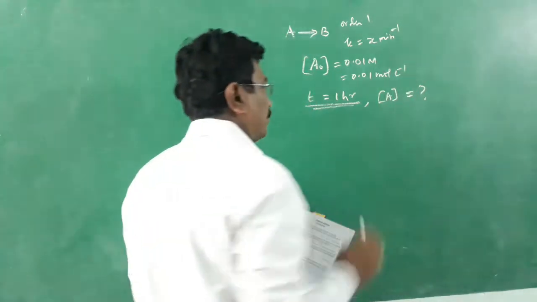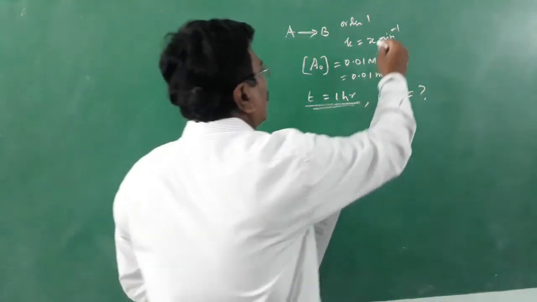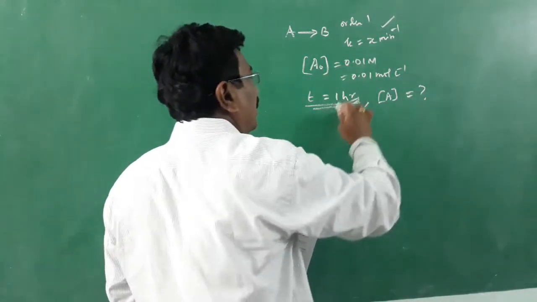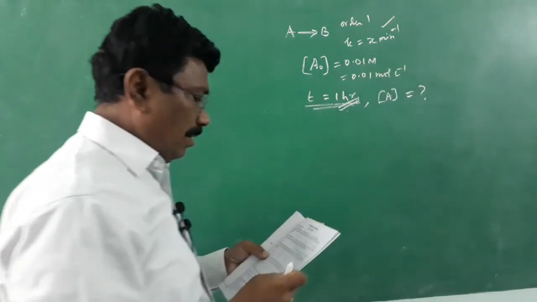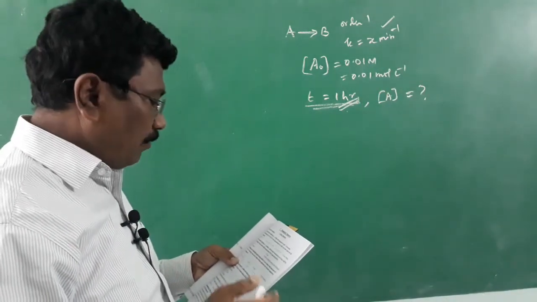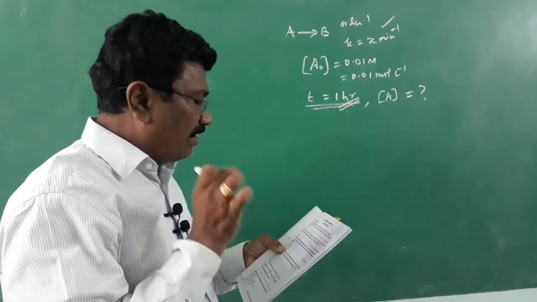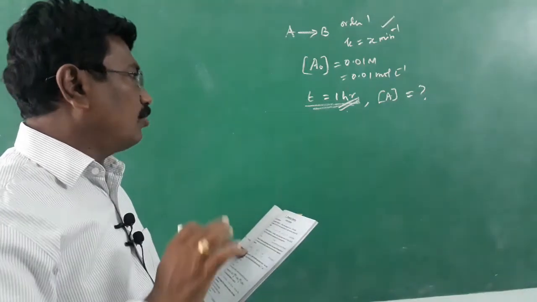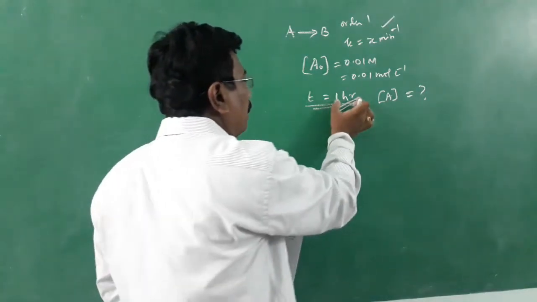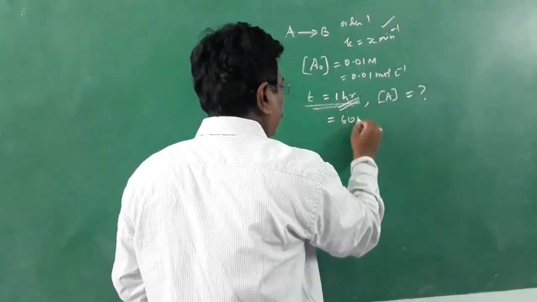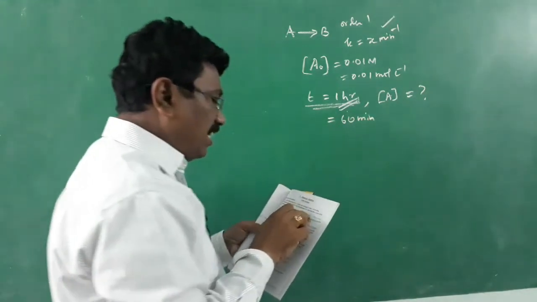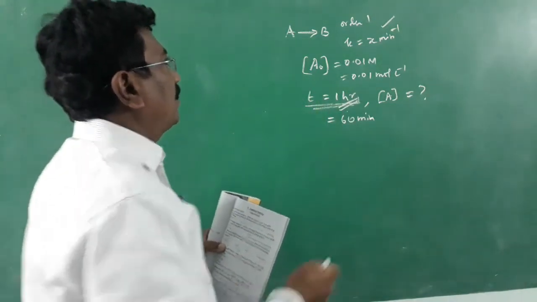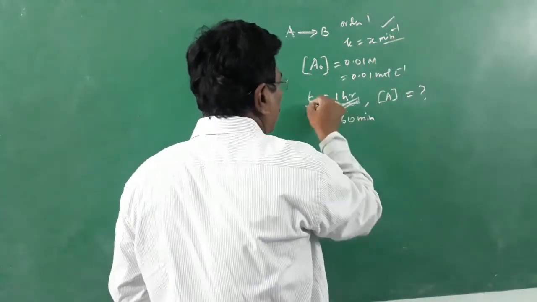That's what is asked. Here, rate constant is given in minute inverse, but time is given in hour. Therefore, both should be in the same unit. In the answers, everything is given in the form of e power something, sometimes e power minus 60 also. Therefore, probably time has been converted into minute. That's why the term 60 is coming in. That's what we have assumed. It is a first order reaction, therefore minute inverse, and we have converted time also into minute.